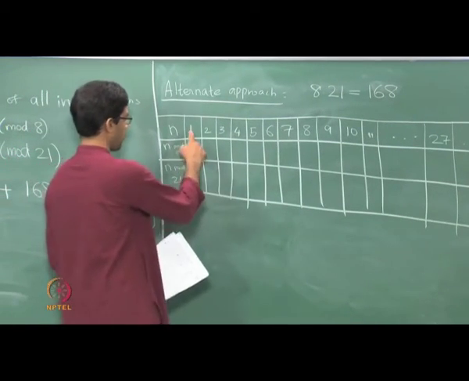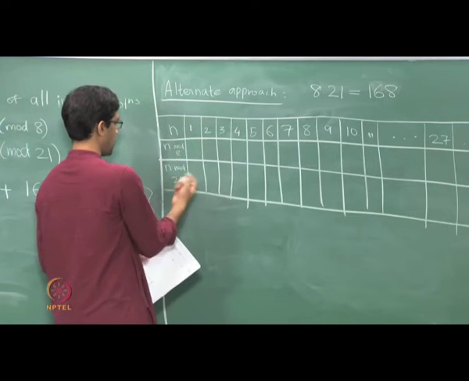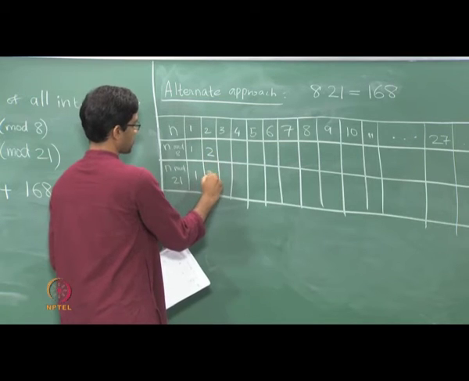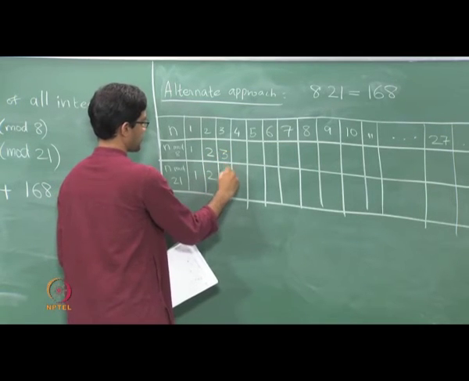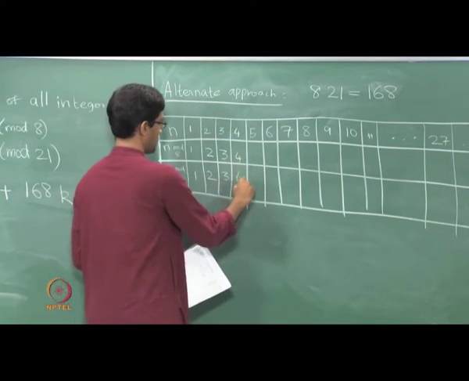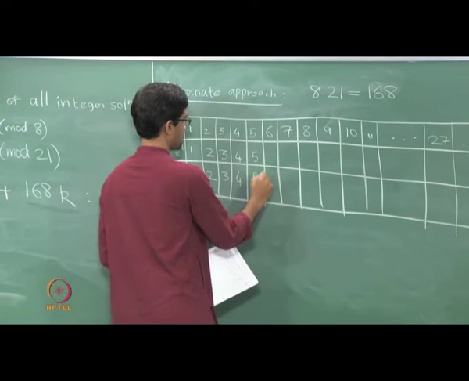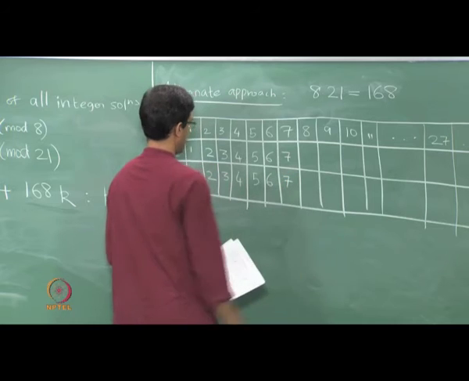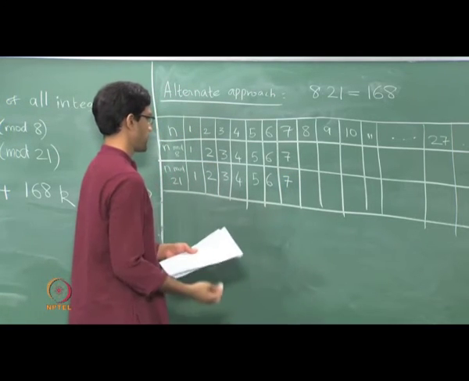So for instance, the number 1, when you divide it by 8 or 21, will just give you remainder 1. Similarly, the number 2 is just going to give you a 2. So nothing interesting happens at first. These numbers just give you back the same things as remainders, 7, 7. Now comes the first time when something interesting happens.